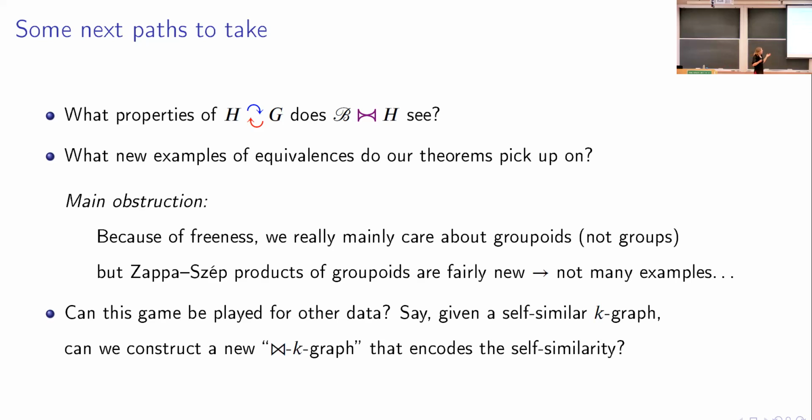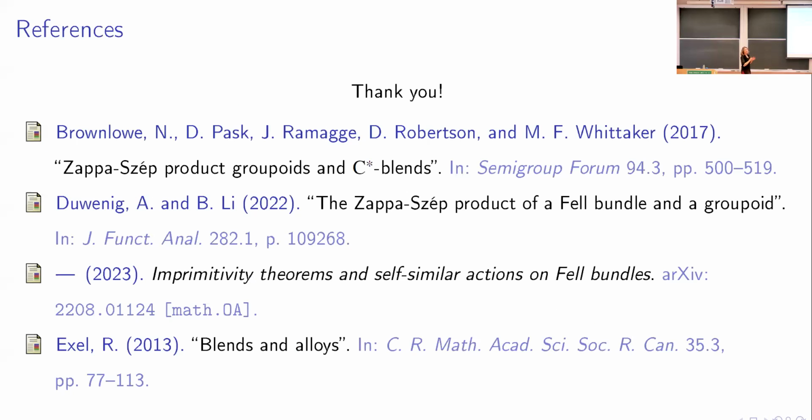And then a question that I've been wondering about with Shanshan, for example, and some others is, can we play this game with other input? So say we start with a self-similar k-graph à la Yang and Lee. Can we construct a Zappa-Szép product k-graph, or maybe k+1 graph, or k+n graph, or something like that out of this? And I fear the answer is no. I think you leave the realm of k-graphs and just remain in the realm of categories, but we don't know. Maybe we have not been looking at it the right way. And that's all I wanted to talk about. Thanks.